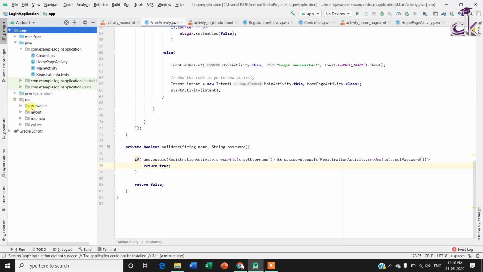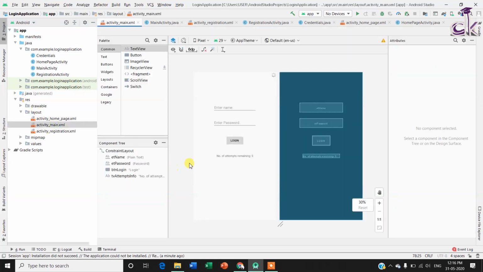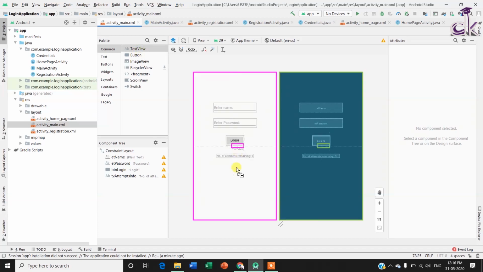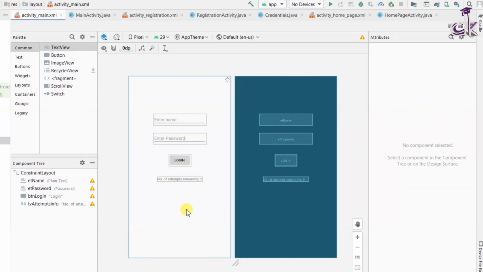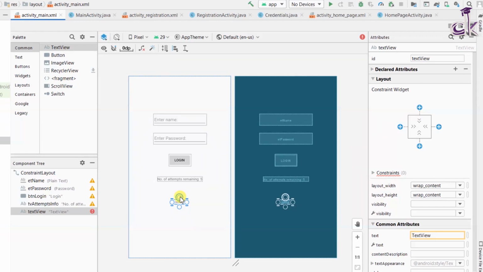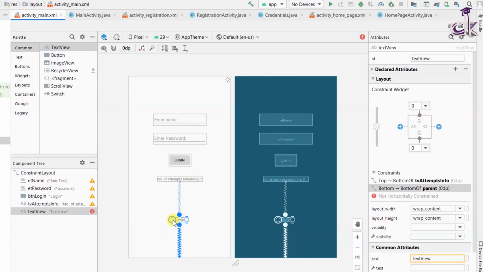you can go into the resources, into layout, and then activity main, and here at the bottom you can create a text view. So you can just add a text view here, and again you'll follow the same mechanism. You'll bind it to the last widget here, which is the widget which describes the number of items remaining. So constrain it with that, and the other 3 sides with the parent layout.